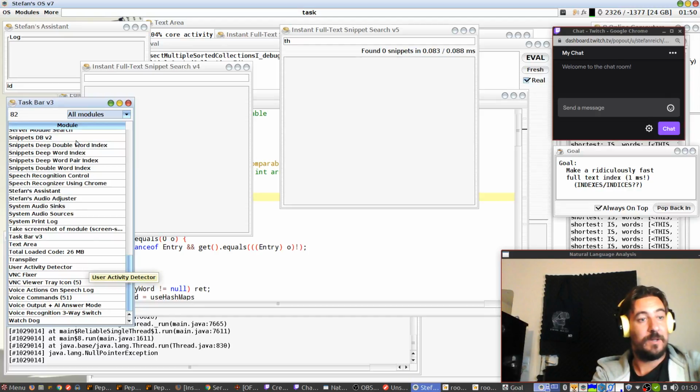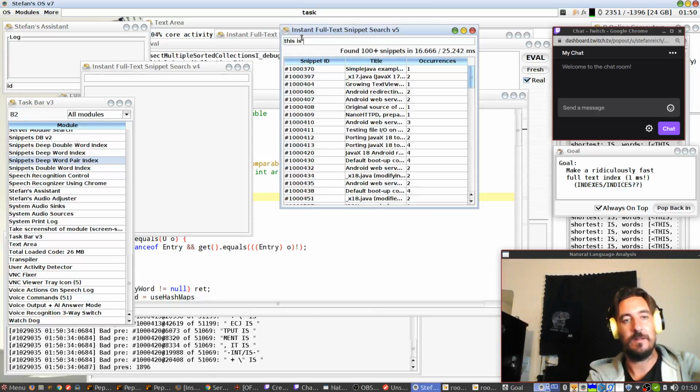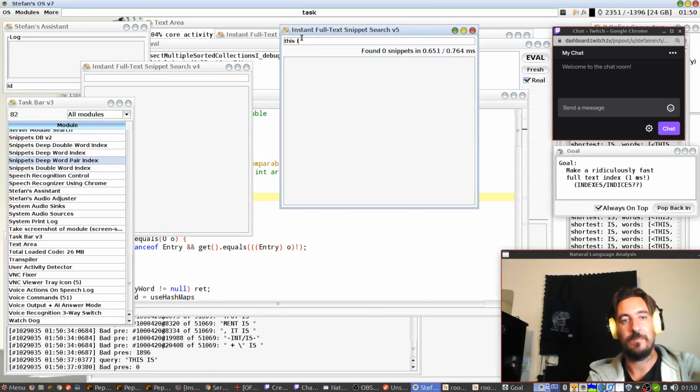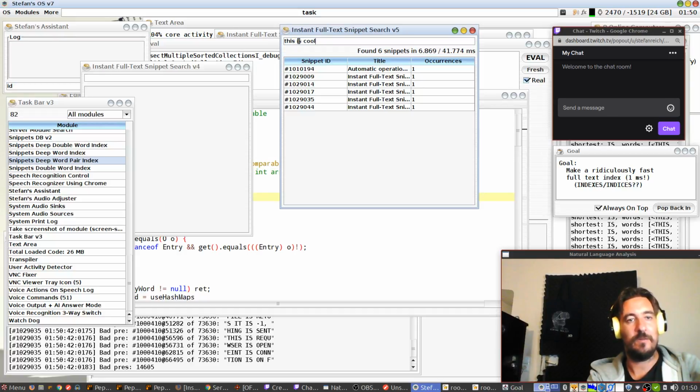Okay, here are these magnificent indices. The deep double word index, the deep word index, and the deep word pair index. The deep word pair index looks at pairs of words. For example, if you're looking for, this is, oh, this one works again. I swear they work sometimes, and yeah, it's work in progress. This is cool. I look for this text. Then we have two word pairs. This and is makes a word pair, and is and cool makes a word pair. And each of these is stored in the database and is used for searching. So in the actual search, we combine the results for this pair with the results for this pair.